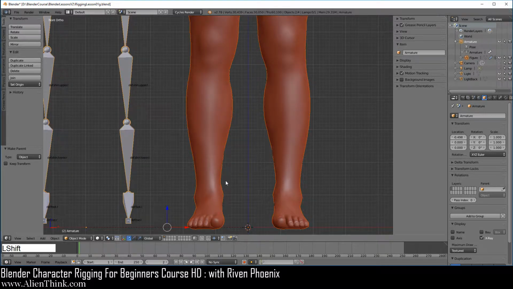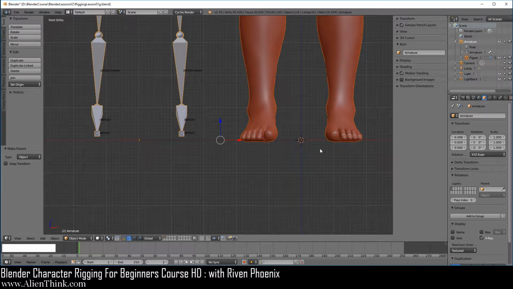So go ahead and zoom in, Shift middle mouse button. Notice that the origin point for the figure and the origin point for the armature, there's a relationship line showing over here, meaning that the distance is being kept when we created this relationship.